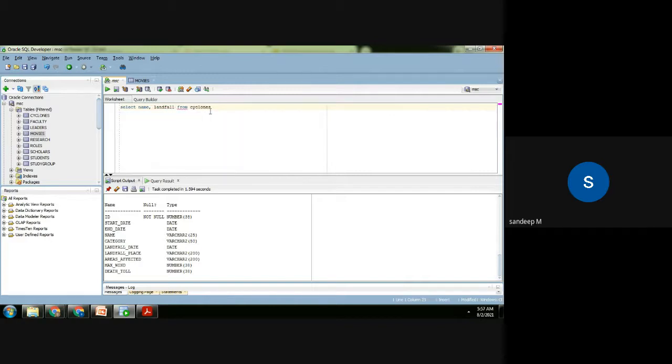Actually, most of the cyclones don't have names, because the convention of naming cyclones started somewhere around 2000. So old cyclones will not have names, and you'll get null values, but that's fine. So I'm selecting the name and landfall date from cyclones, without any condition. I just want the death toll as well. These three columns will be returned. Let's see.